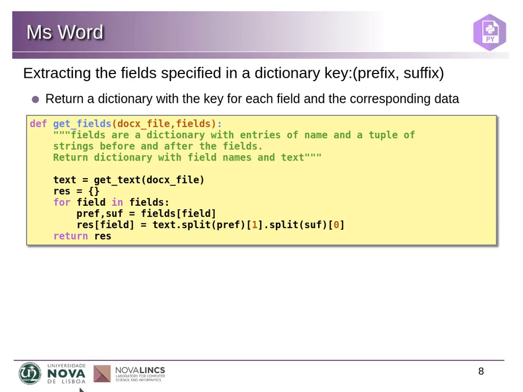This getFields function will get the text of the docx file, and then it will have to receive a dictionary that indicates the name of the field that we want, and for each entry in the dictionary it has two strings. The string of text that comes before the field that we want, and the string of text that comes immediately after. And for that field we want the text that is between these two, the prefix and